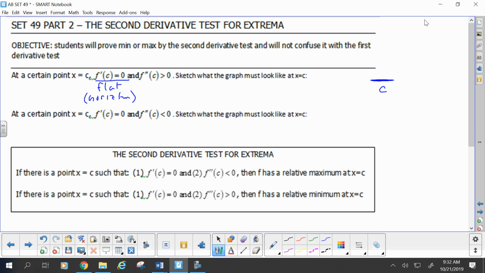Now the second derivative will tell us a little more. If the second derivative is positive there, then it's concave up. Now if you take those two ideas together, flat with concave up, it's got to be a min. There is a min at x equals c. Now, you have to have both pieces of evidence because surely just flat could be a